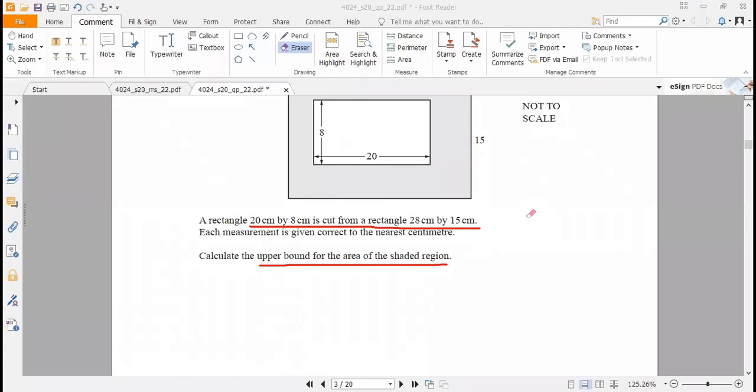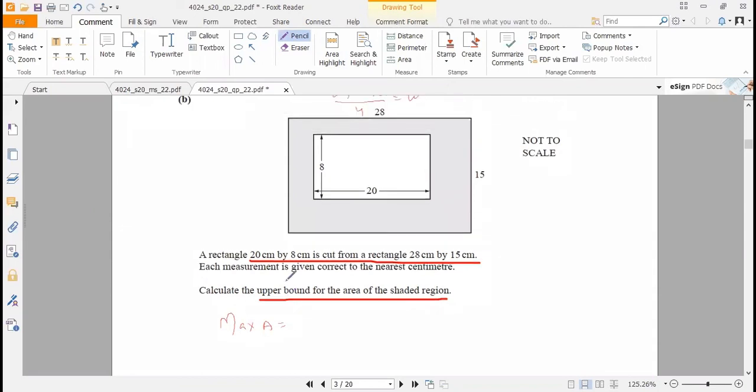For the upper bound, we need to find out the maximum area of a larger triangle and subtract the minimum area of the smaller triangle. So suppose we are finding out the maximum area of a bigger triangle. For this, we need the upper bound of both the parameters, that is 28.5 multiplied by 15.5. It will be equal to 441.75,